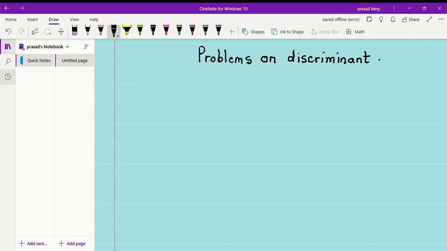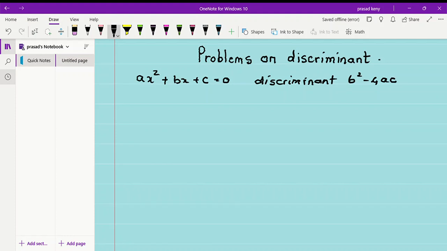Students, in last classes, we have studied about the discriminant of a quadratic equation. So, if ax square plus bx plus c is equal to 0 is the quadratic equation, then its discriminant is b square minus 4ac,